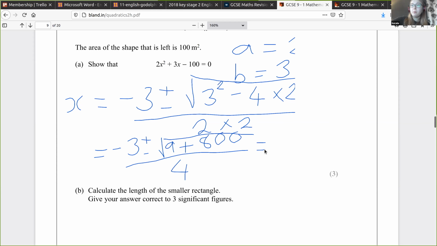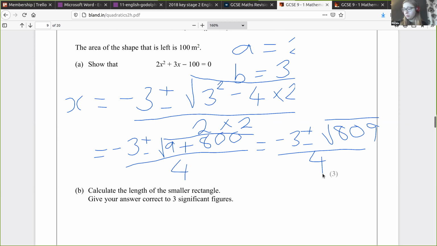So we've got minus 3 plus or minus the square root of 809 all over 4. And then we can just chuck that into our calculator. I know it's a bit of work to do it up front and work out the square roots and things, but it does make it easier to put into our calculator, and it means you're less likely to make a mistake. And so what we get is x is equal to 6.36,